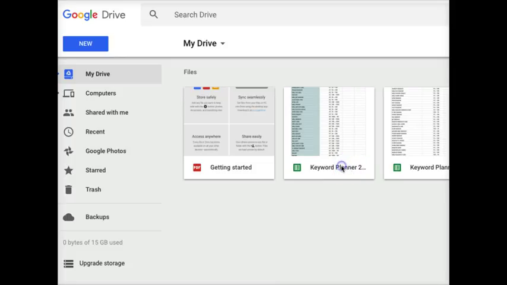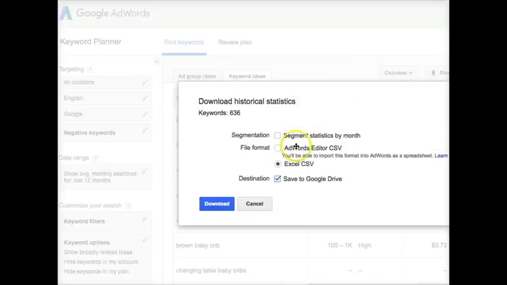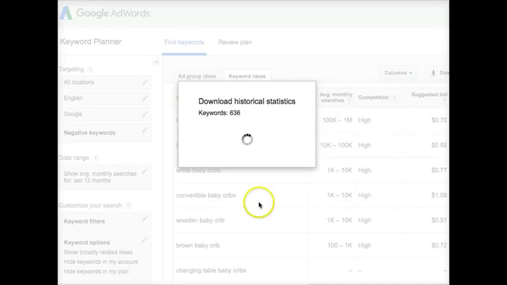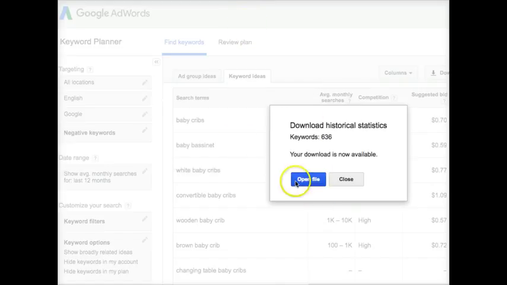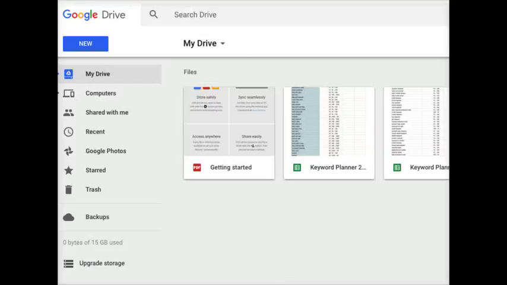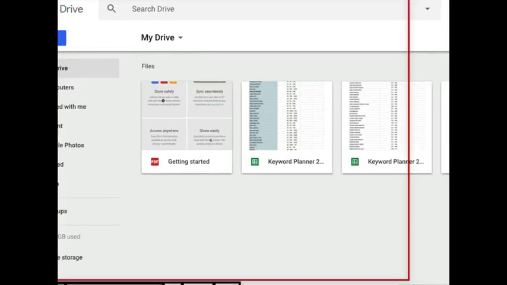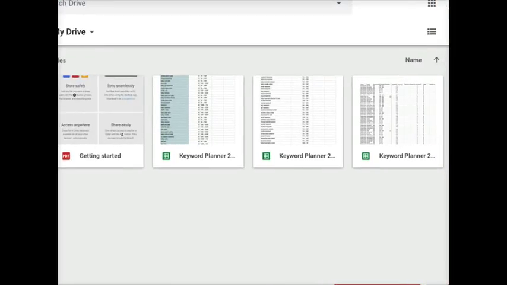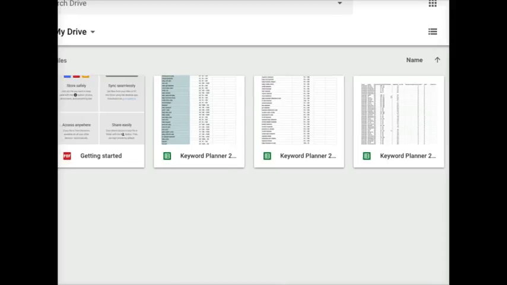And then you can open these from here. If we have a new one here that we click Save to Google Drive, it's going to add that. As soon as I click Download, it will add that to my Google Drive account and give me the chance to open it right here. So I'll go ahead and open that file. Then if I go back and look at my Google Drive, we can see that now there are 3 spreadsheets in there instead of just 2.